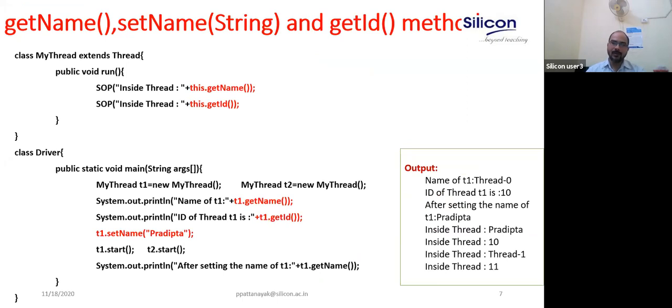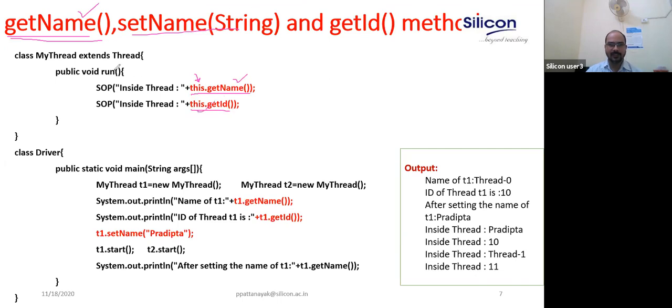You can get the name from the thread, set the name, and get the ID of the thread. As I told you, each thread is identified by an identification number, known as the ID. Like a process is identified by PID, similarly a thread is identified by thread ID. So we are going to discuss three important methods: getName, setName, and getId. getName gives you the name of the thread. This.getName gives you the currently running thread's name. As you have said, a thread is an object, and this object's getName gives the name of the thread. Similarly, this.getId gives you the ID of that particular thread.